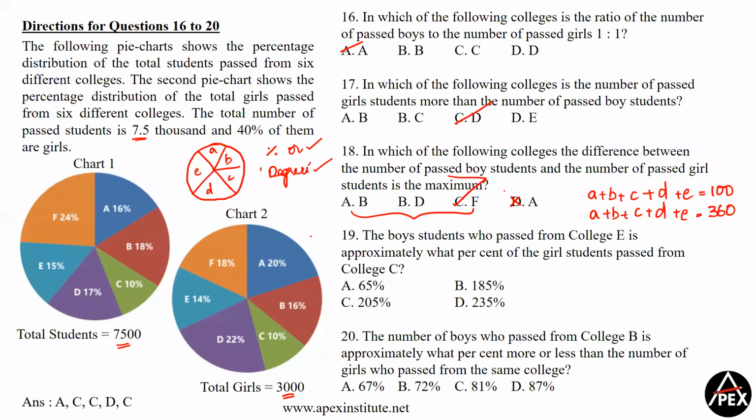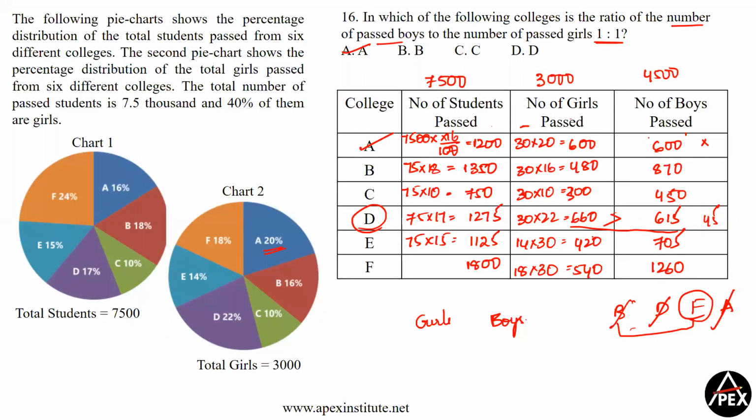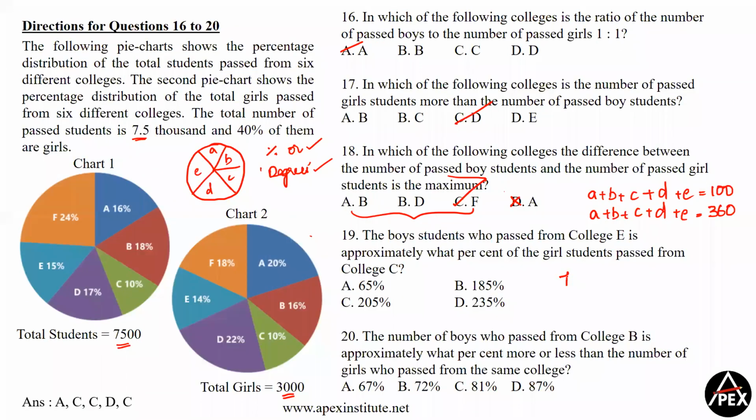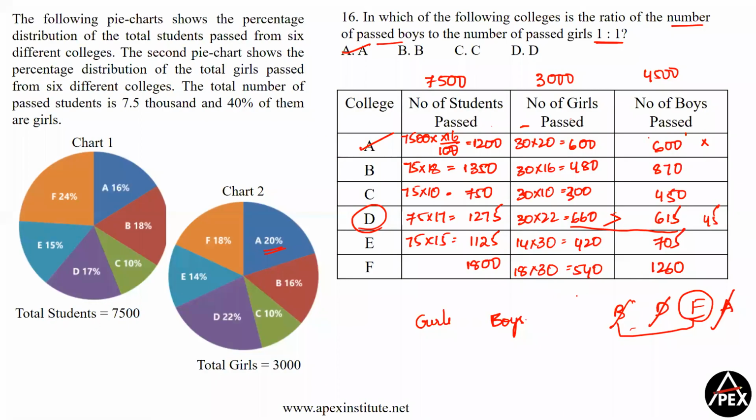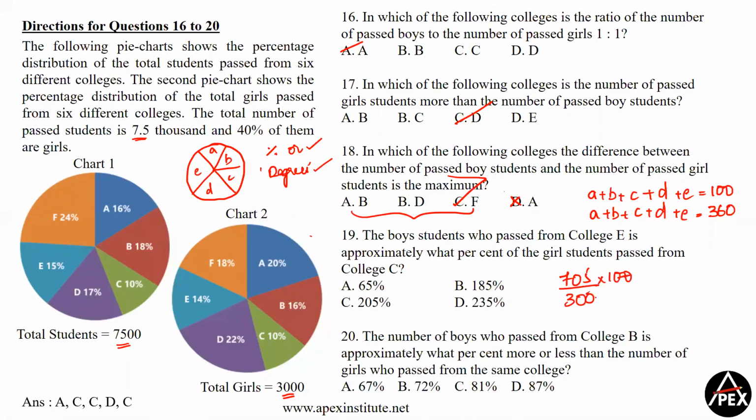Okay. Now the boy students who pass from college E. So how many students pass from college E? 705 is approximately what percent of girl students pass from college C? College C we have 300 into 100. So 705 divided by 3. So it is obviously greater than 200. So I can eliminate this. I can eliminate this. Okay. So and 3, it will be greater than 230. So 235. Yeah. So the answer for this question should be